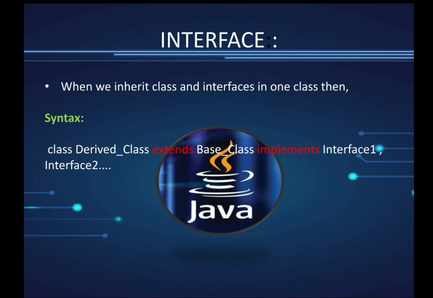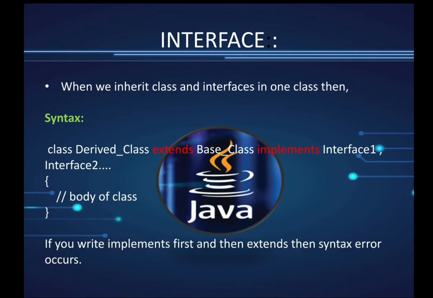Otherwise, you are facing some sort of errors. Class, derived class name, extends, base class name, then implements keyword, and then you are supposed to write interface 1, comma, interface 2, any number of interfaces you can write with the help of commas, and then the body of a class you have to write. But you have to keep in mind, if you write implements first and then extends, then you have to face